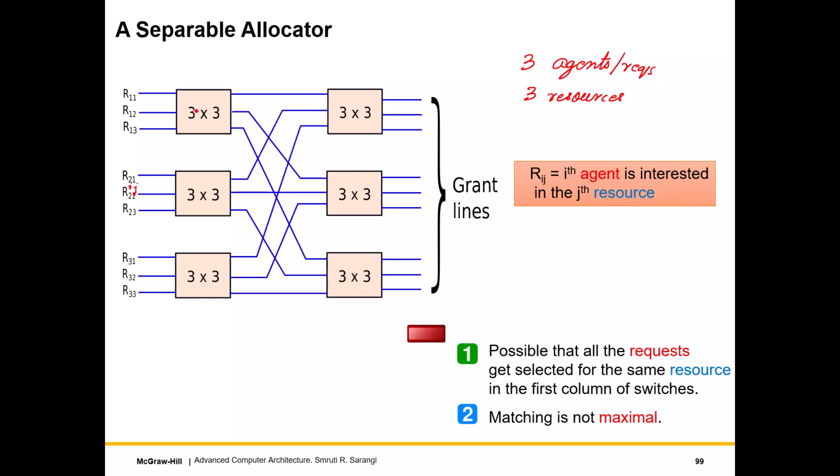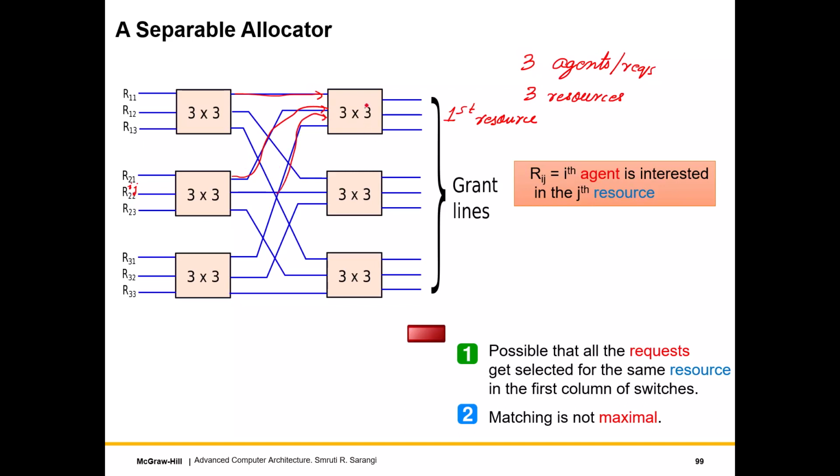Then what we will have is 3 cross 3, 9 combinations, and this is what Rij would denote. So what we have over here is these 3 cross 3 switches or boxes, and essentially for the first resource, the switch over here basically gets the corresponding request from the agents,